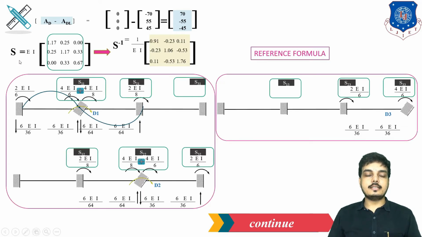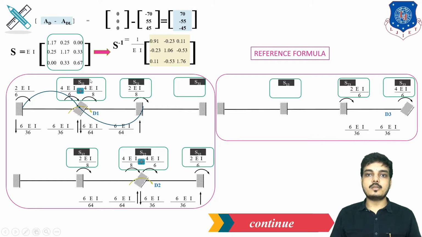So now here you can see that our S matrix is of 3 cross 3, as the number of primary unknowns is 3. Now how to keep these values? For all these values I have made green marked boxes, and reference figures are given, and the formulas will be the summation of these two. So EA has been placed out as common. Now 4 by 6 plus 4 by 8 is nothing but 1.17, placed over here.